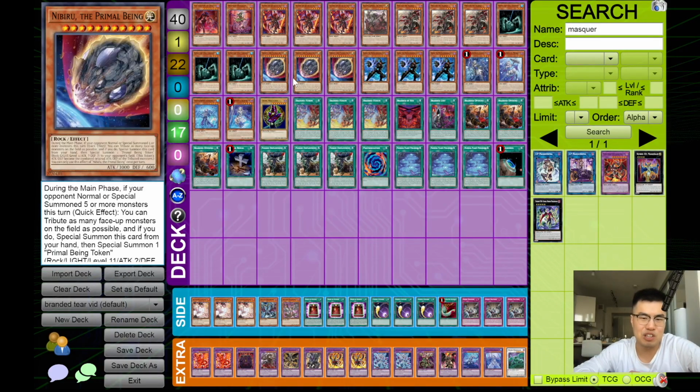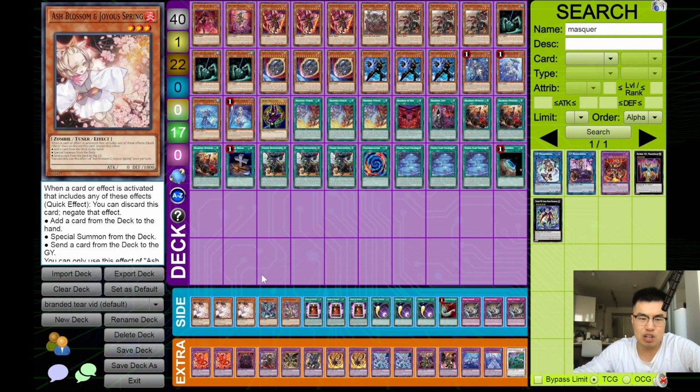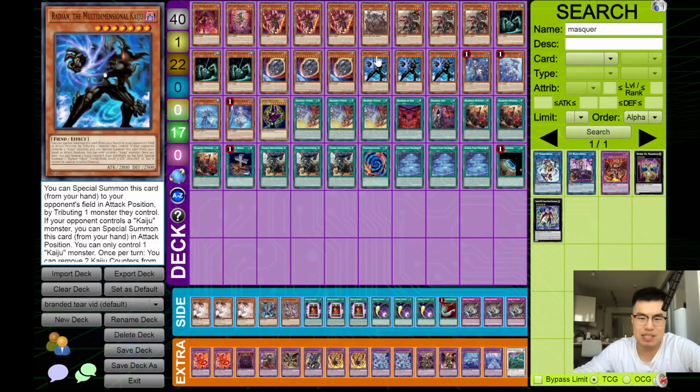Obviously, this deck doesn't really have a lot of room to play. I would say 6 max is probably your best bet in any type of Branded deck. You probably only have 6 slots for non-engine. So I think Nibiru is good. You could make an argument to play Ash over Radiant, but I just think Radiant's kind of nice because this